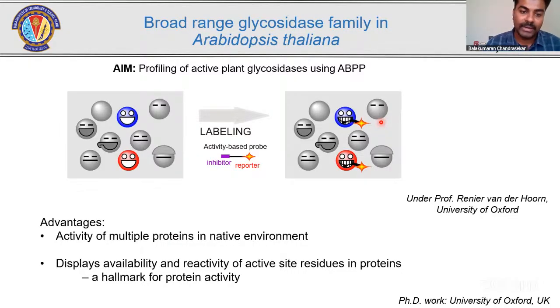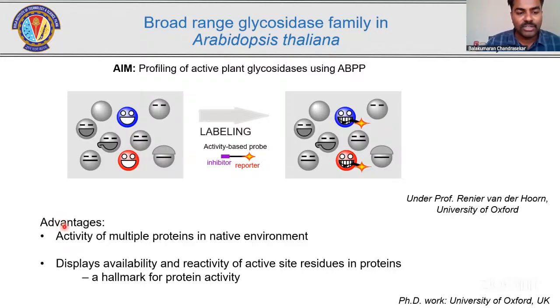So this is a very nice readout to see how many proteins are active in your system. For example, this is completely different from abundance-based technologies such as Western blotting, because in Western blotting, you will detect proteins, but you will not know if the proteins are active. You can see if the proteins are getting upregulated or downregulated, but whether they are upregulated or downregulated in activity cannot be a readout of a Western blot. Whereas with activity-based protein profiling, where you use an activity-based probe, the readout is that you get active proteins which can be monitored in a biological system.